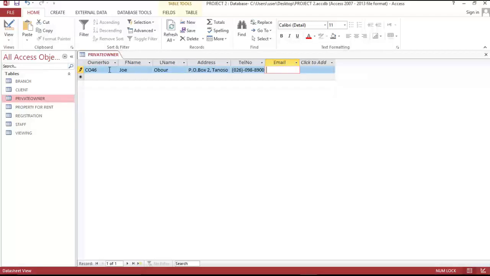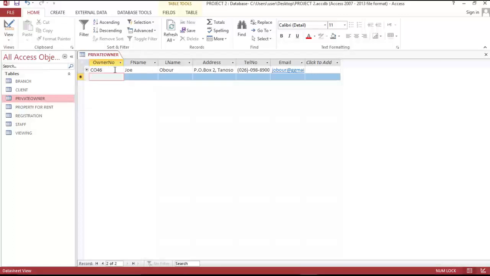so move on to the mail, and it's jobo at gmail.com. So the same way, if you want to see it in full, you can just put your mouse cursor here and double click to expand it for you. So you come to the next one, which is C087. Okay,